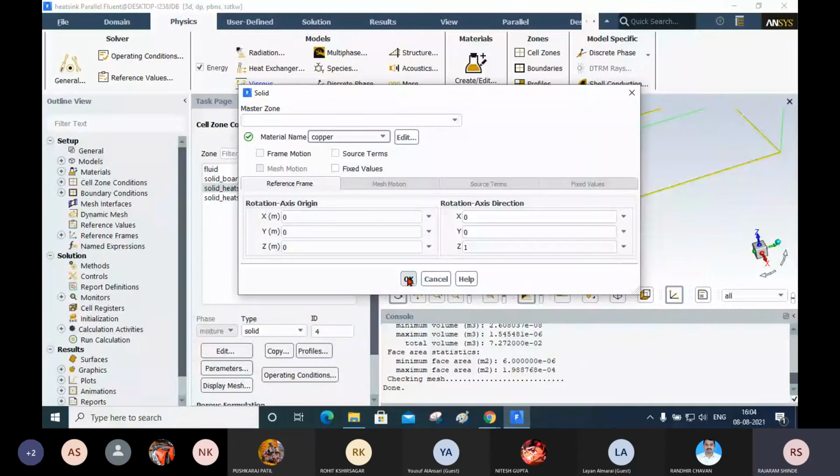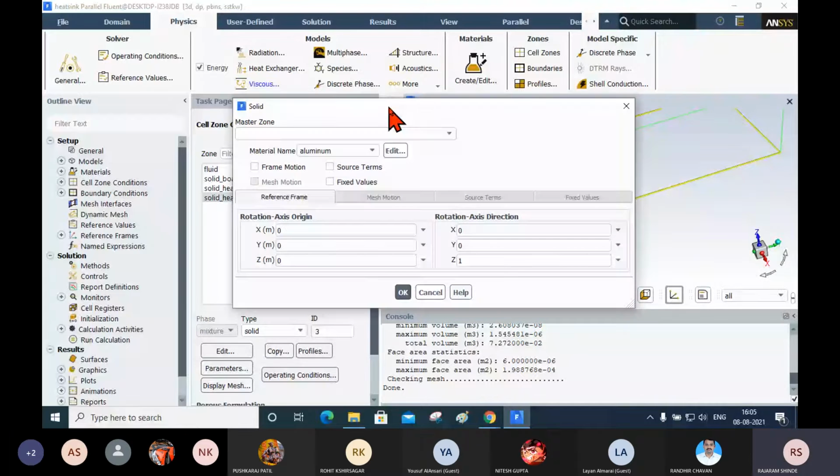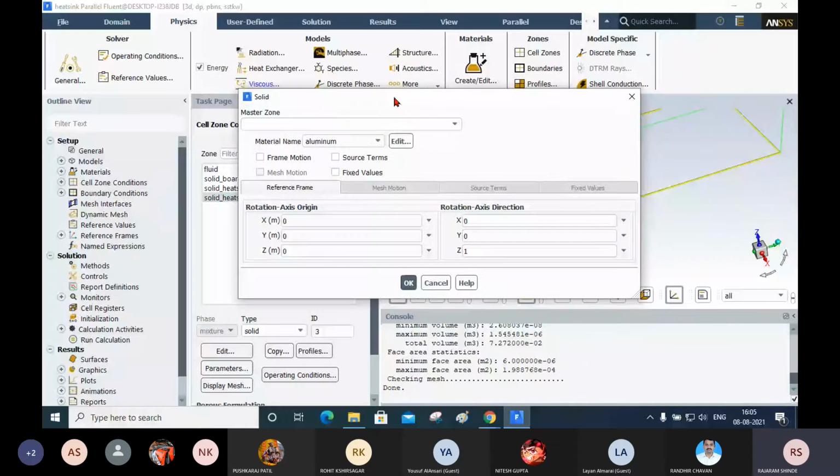This is a solid heat source, and click on edit. Now we are going to apply the heat to this one. So what you have to do? Here, you define the material by component, and here you activate the source term. Why? Because we are going to add the source here.